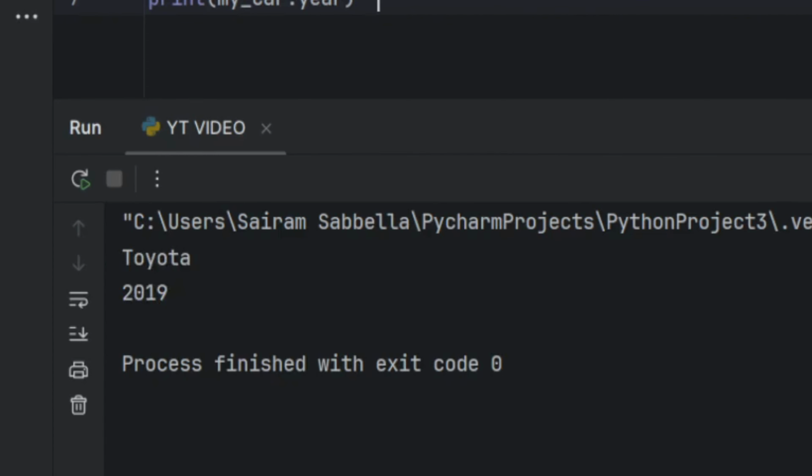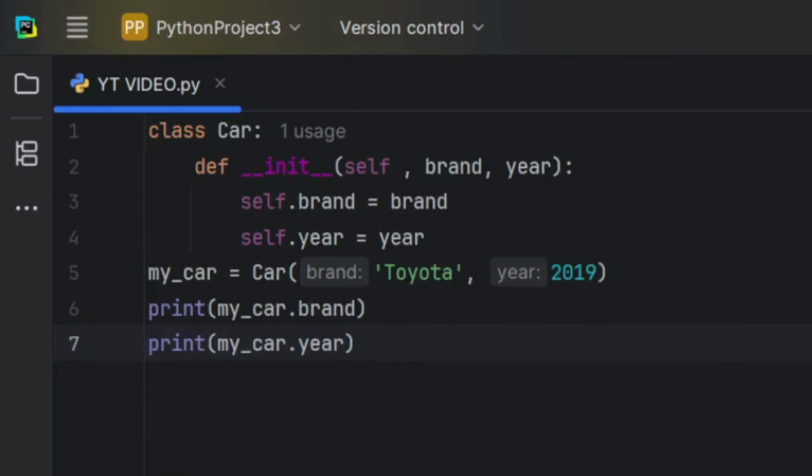Now it's time for a little bit of explanation. __init__ is the constructor. It constructs the object. self.brand and self.year are unique properties of the car object. And my_car is the instance of the Car class.